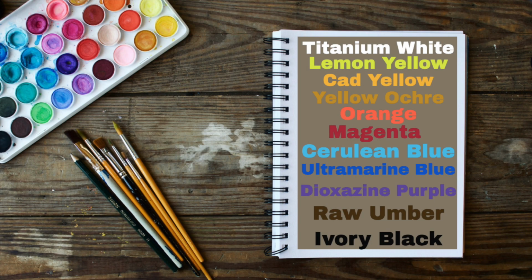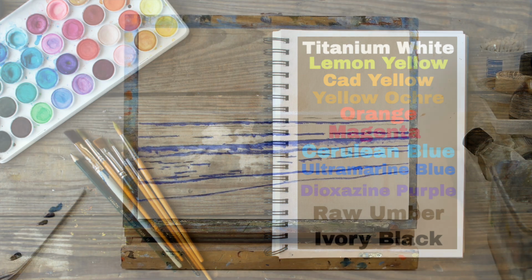So it's a nice and easy tutorial today. You're going to need the following colours. They are titanium white, lemon yellow, cad yellow, yellow ochre, orange, magenta, cerulean blue, ultramarine blue, dioxazine purple or unburnt